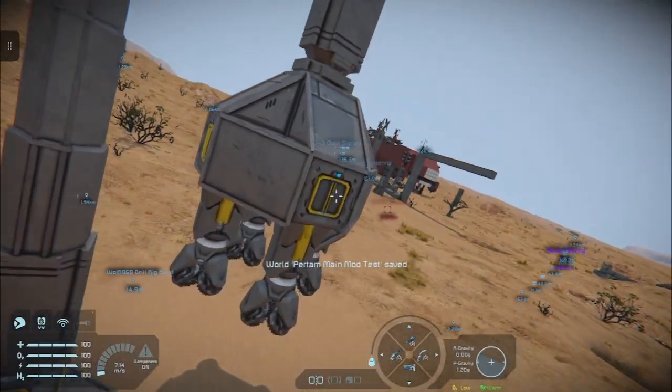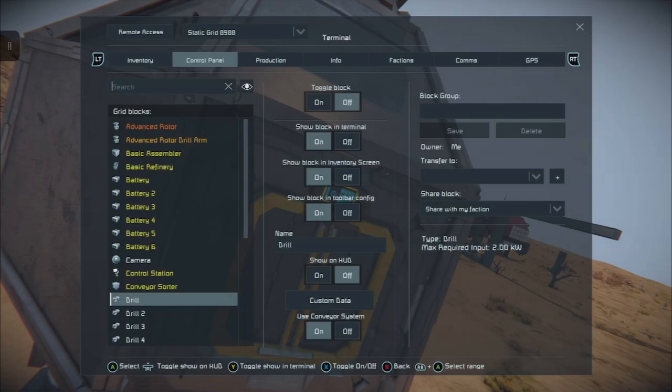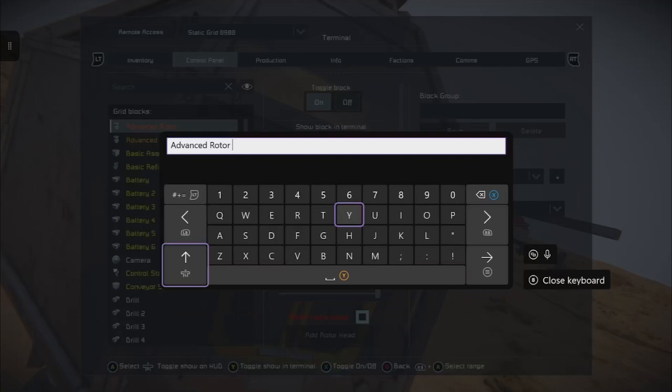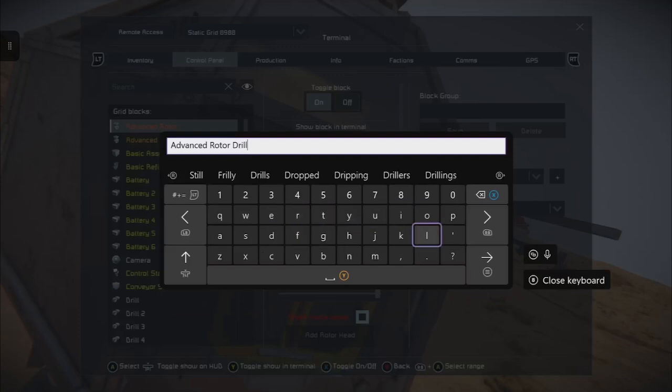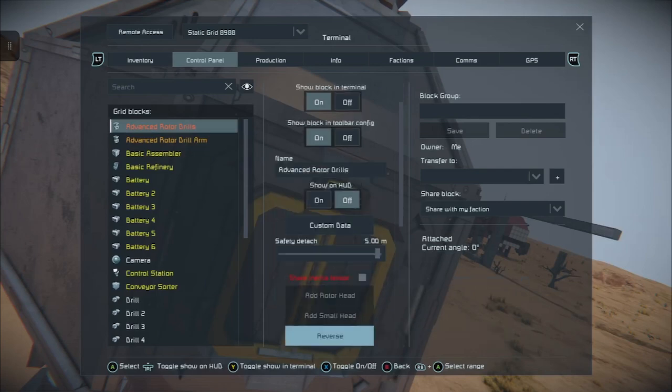And then again, you'll notice there's an advanced rotor without a name, so we're just going to call this advanced rotor drills.